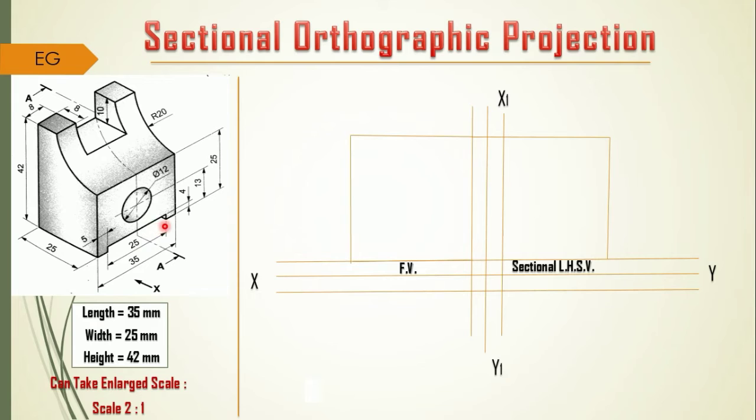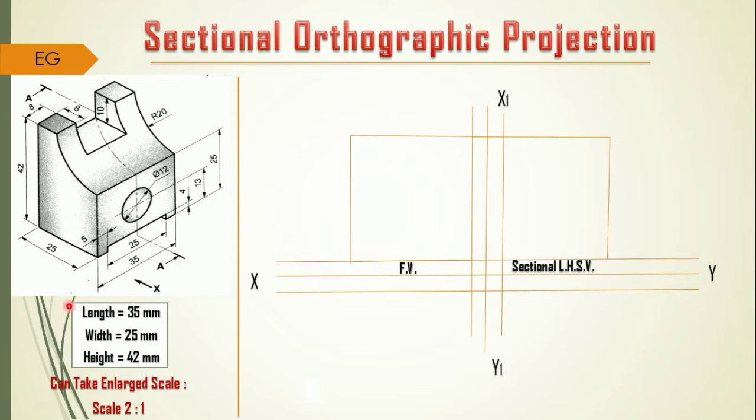So over here it measures to be 35 mm. So make a note of that, length is 35. Then width is the portion that you are getting when you are constructing the side view of an object. From that direction you are actually getting the width of the object. So over here it is 25. So again make a note, width is equal to 25 mm, and from this end you are getting the overall height of the object, and that is 42 mm.